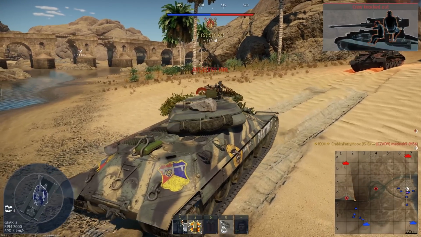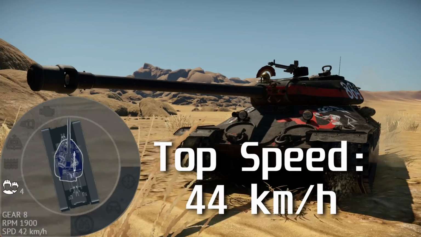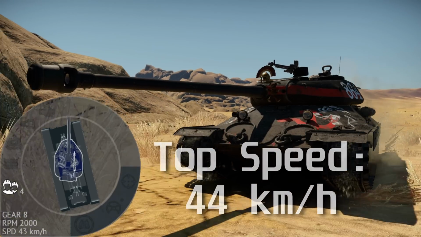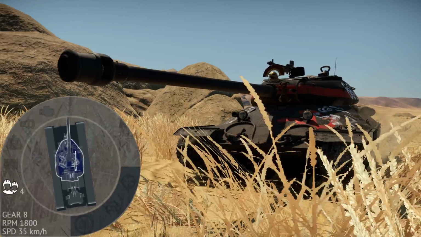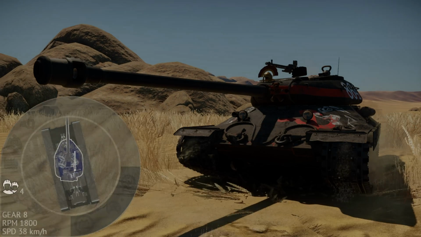Another big surprise, this thing also drives forward, and its top speed is 44 kilometers per hour. It's not an incredible top speed, but the significant thing here is that it only takes a few moments to get up to 35. But what can you do with all that speed? Where can you go? Well,